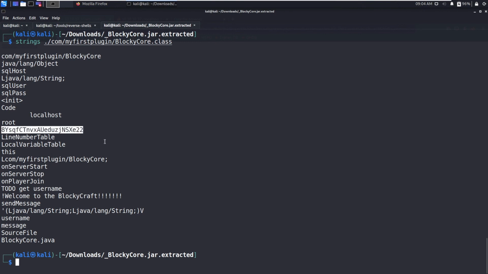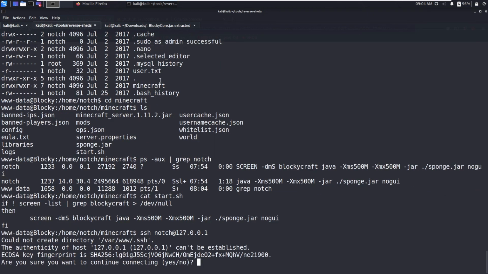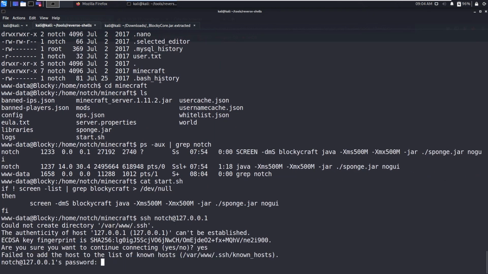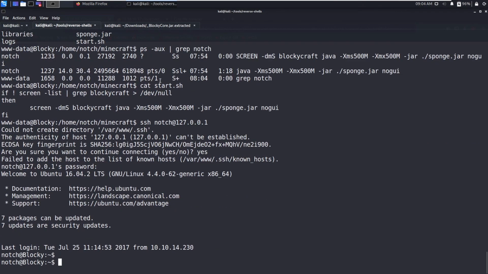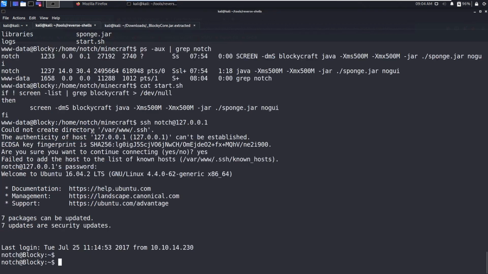I just felt completely stupid because we had one credential and I did not think to use it on this notch user. That's definitely my bad. SSH notch at localhost, yes, and password. One lesson we learned is whenever you get one password, even if it is for the root user, you keep it aside and try to log in as other users.